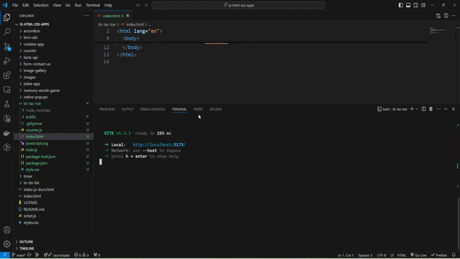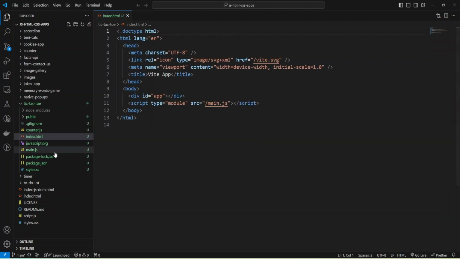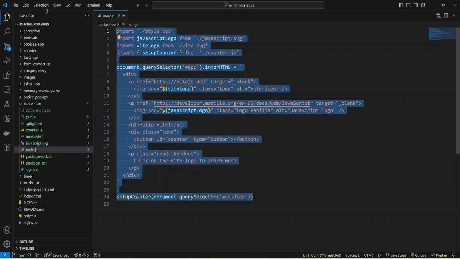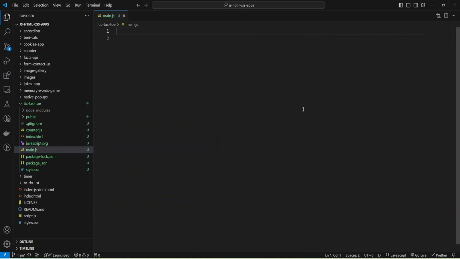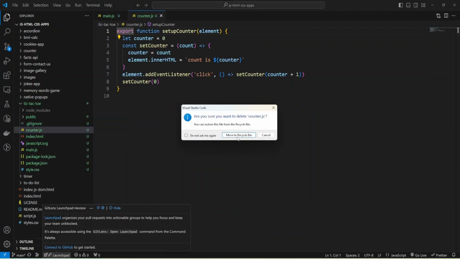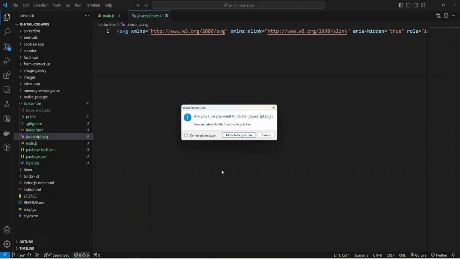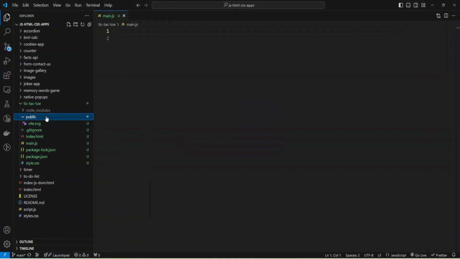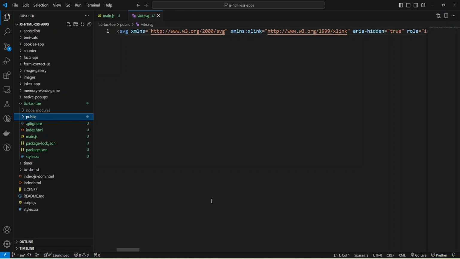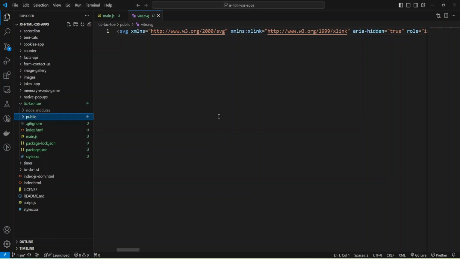I can hide my panel, and now I can remove all this code from main.js and also delete this counter, and also I don't need this logo. Okay, let's check what we have. As you can see, we have an empty page, and let's create our game.